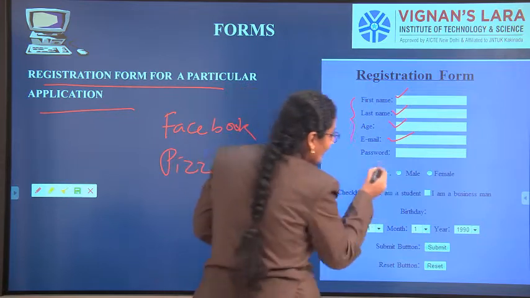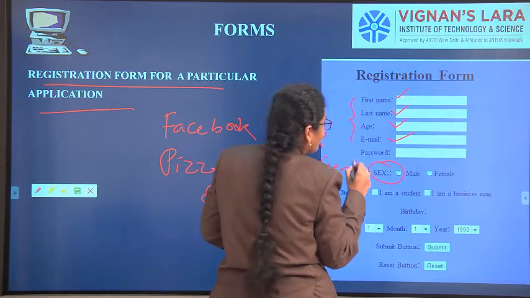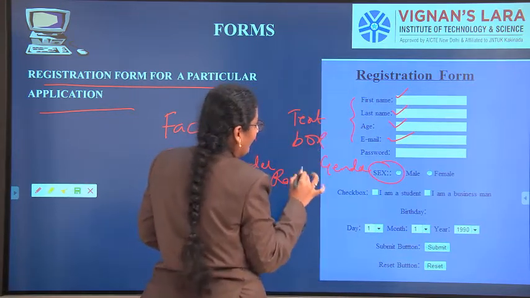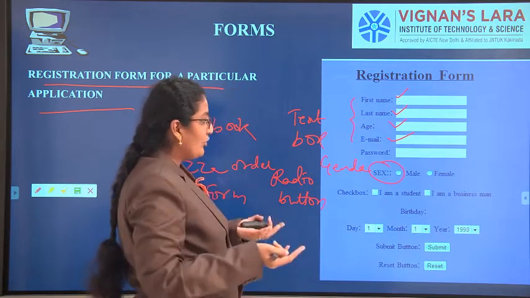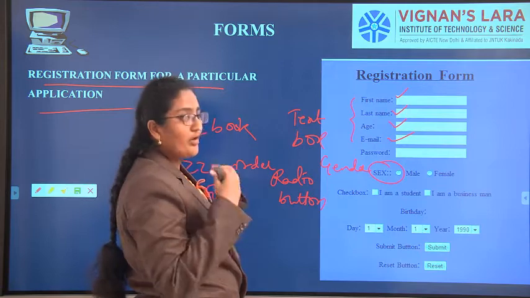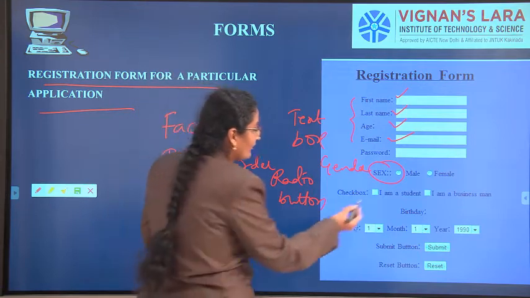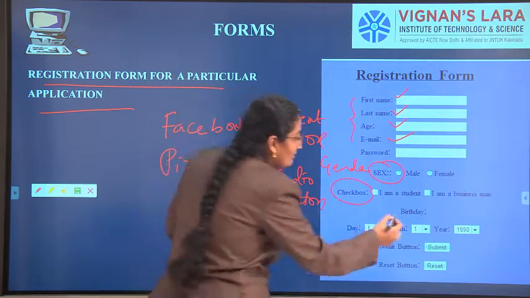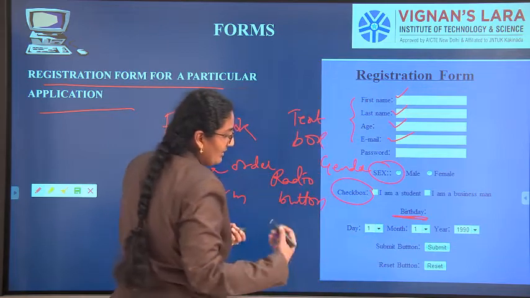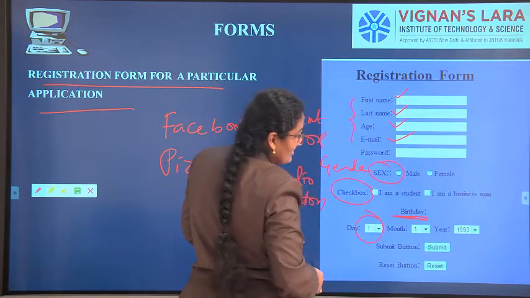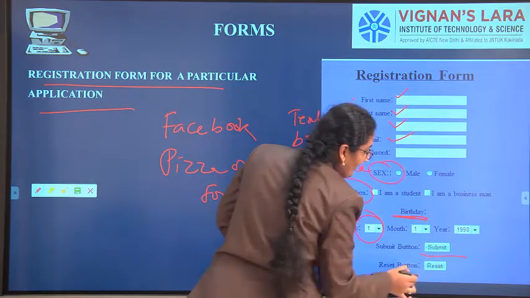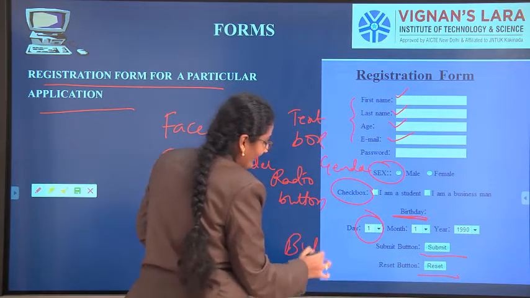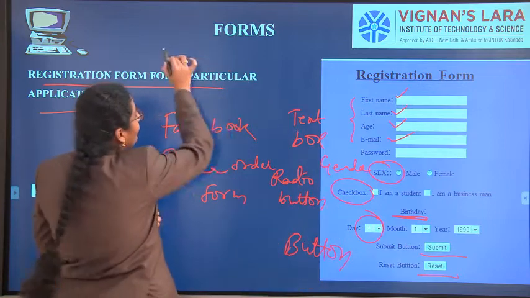Your gender will be radio button. Whether you are a student of first year or second year or you are interested in reading books, all such kind of things, check boxes. Birthday, like this calendar, dates, drop down list. And finally, in addition to that, we have some submit and reset buttons also. We can create buttons also in forms.